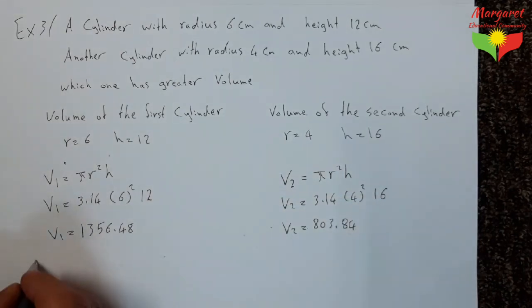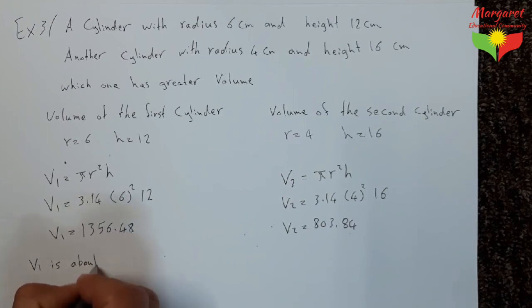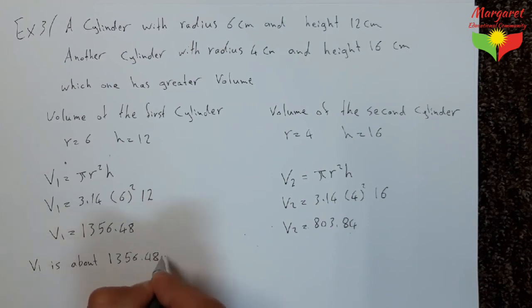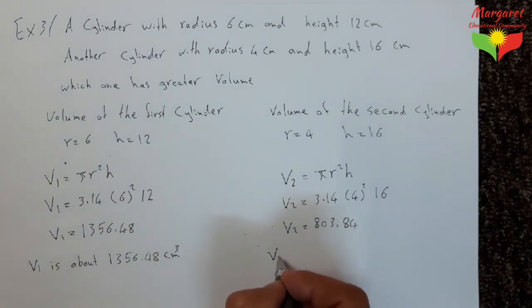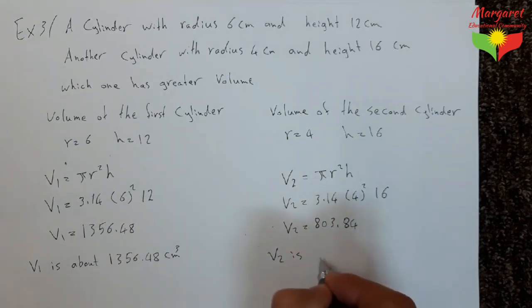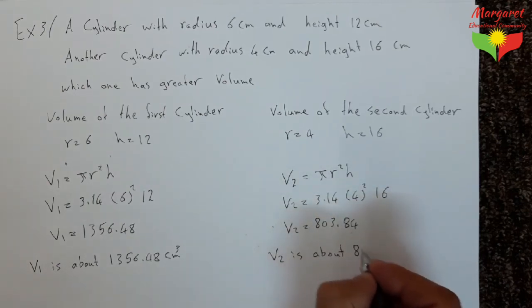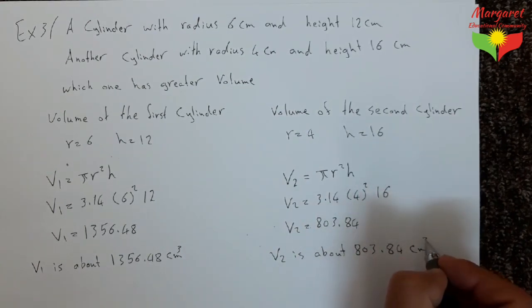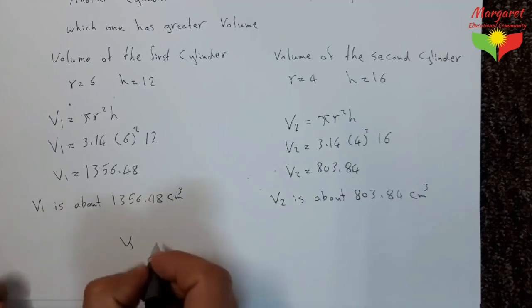So the volume of the first cylinder is about 1356.48 centimeter cubic and the volume of the second cylinder is about 803.84 centimeter cubic. So V1 is greater than